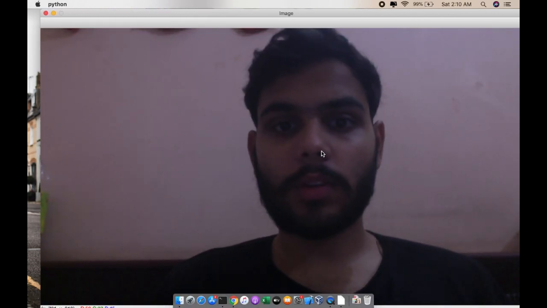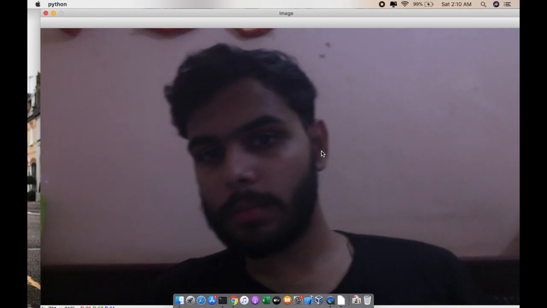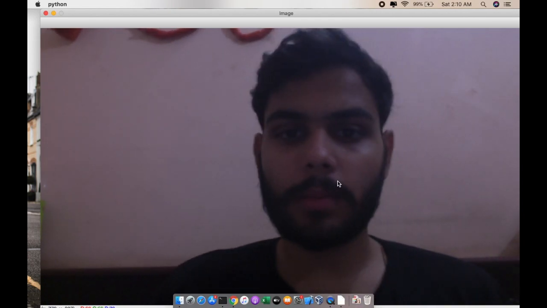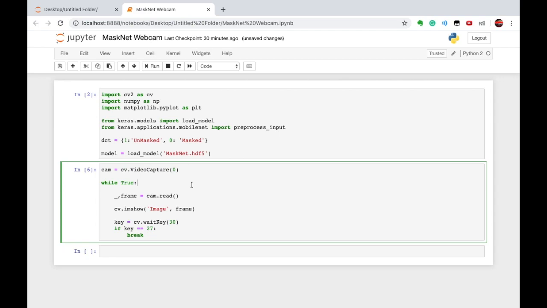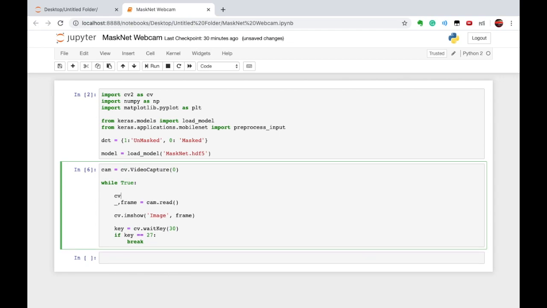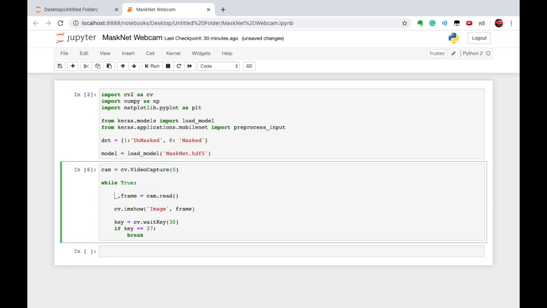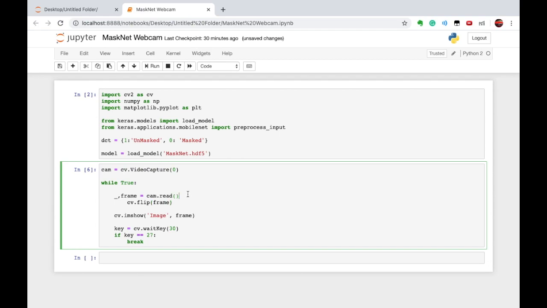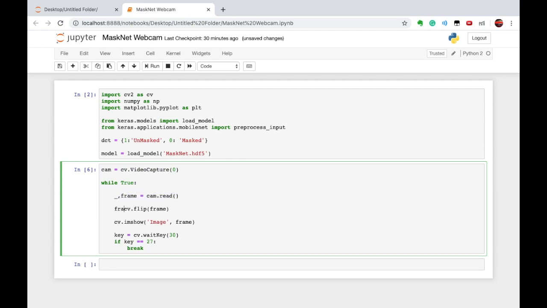Now we are going to flip this image because it's my flipped image. To do so, we are using a function called cv.flip, and we are passing the frame. First we are reading the frame, then we are flipping the frame, and after flipping we are assigning it back into the frame variable, and after the comma I am passing the index 0.